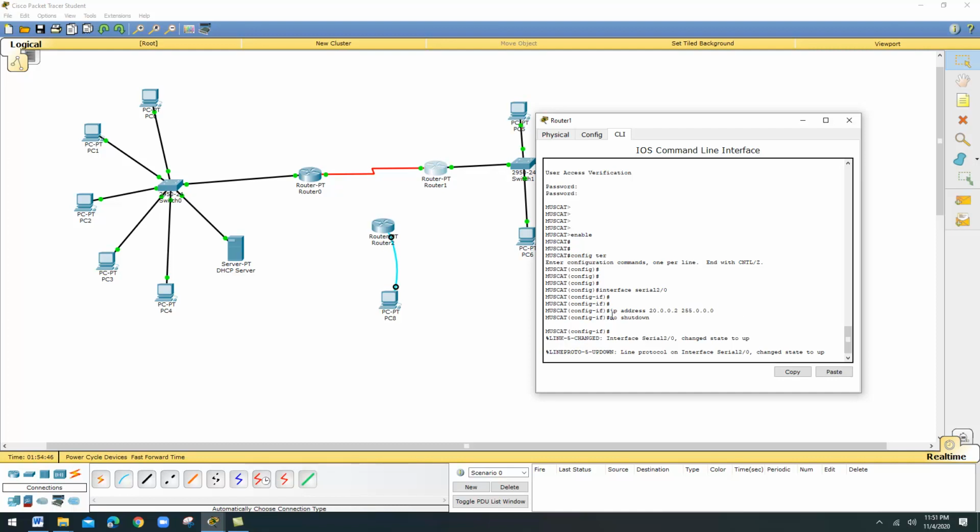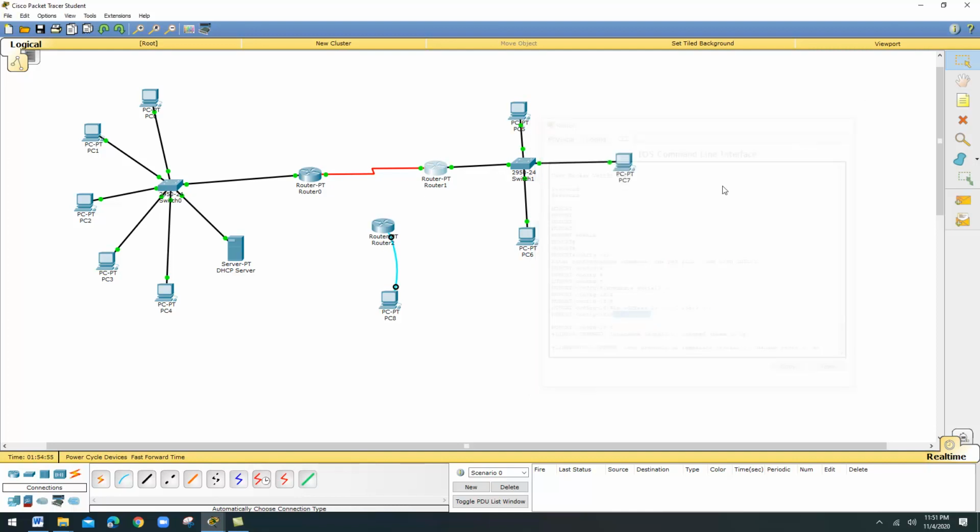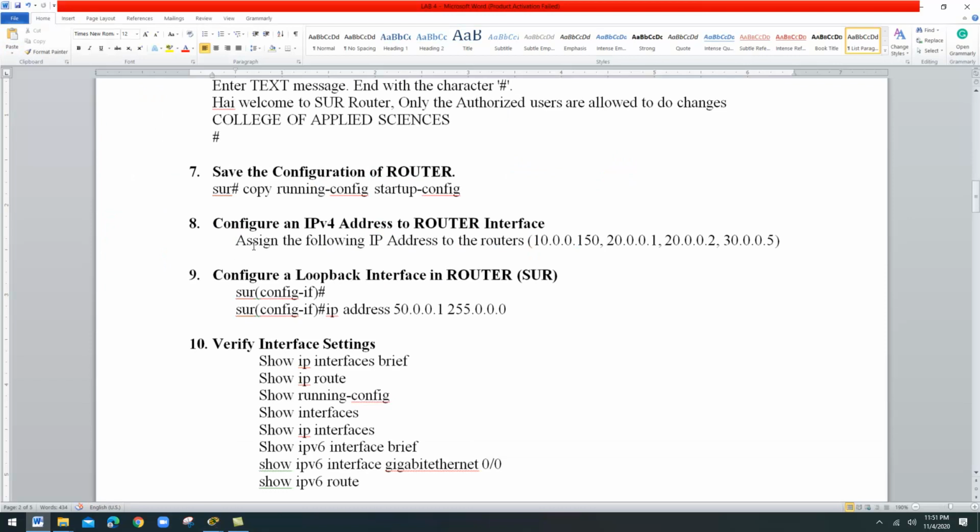Then you give the command no shutdown. Once you give no shutdown, automatically both the interfaces are going to be enabled. So we are completing step number 8.